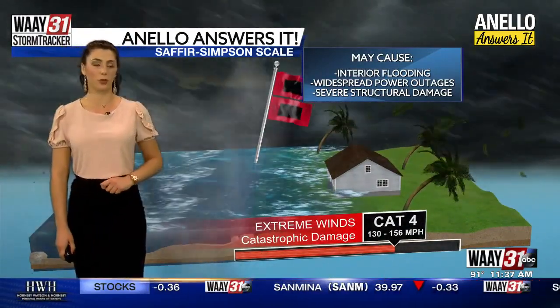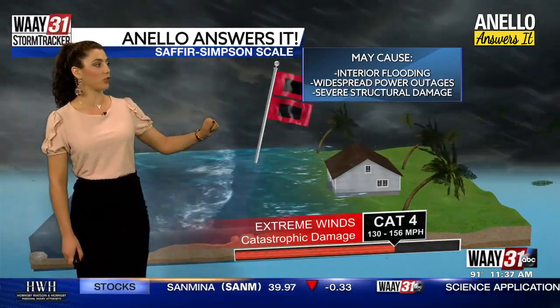By the time we bump to a Category 4, unfortunately, the damage is catastrophic. The winds with the Category 4 hurricane up to 156 miles per hour. We can see plenty of trees lost, interior flooding, and storm surge starts to become a major concern with the